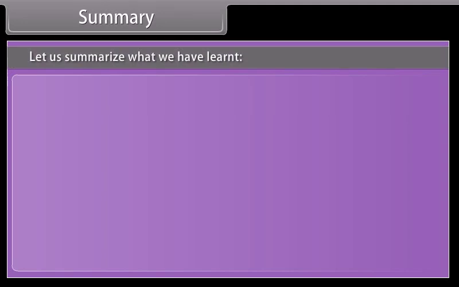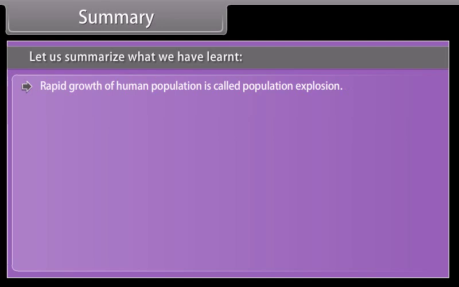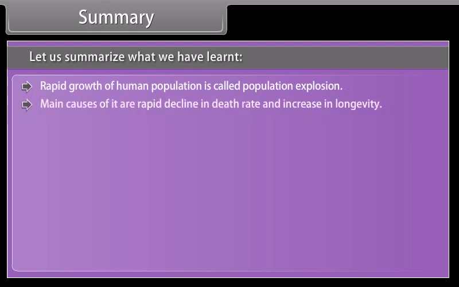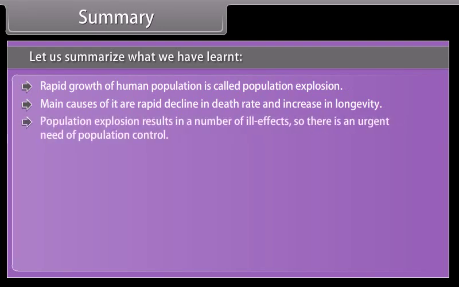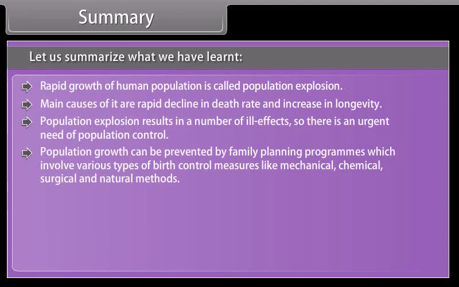Summary. Let us summarize what we have learned. Rapid growth of human population is called population explosion. Main causes of it are rapid decline in death rate and increase in longevity. Population explosion results in a number of ill effects, so there is an urgent need for population control. Population growth can be prevented by family planning programs, which involve various types of birth control measures like mechanical, chemical,